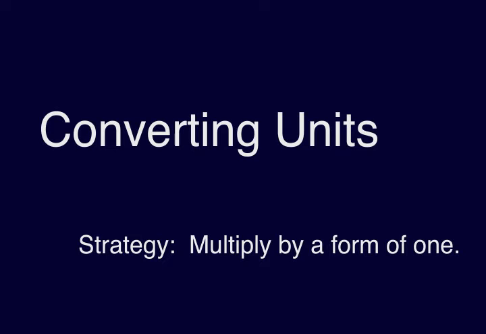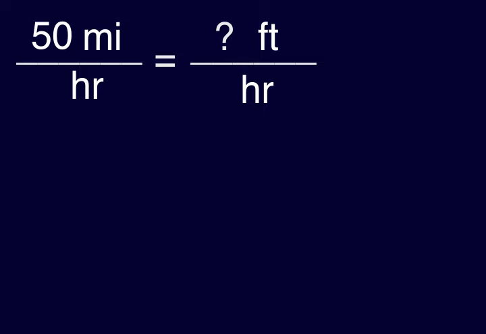In this lesson, we will learn how to convert units. The strategy we use when we convert is to multiply by a form of 1. Problems will be given like this. The goal is to take the original ratio and convert the units so that they are the ones that are